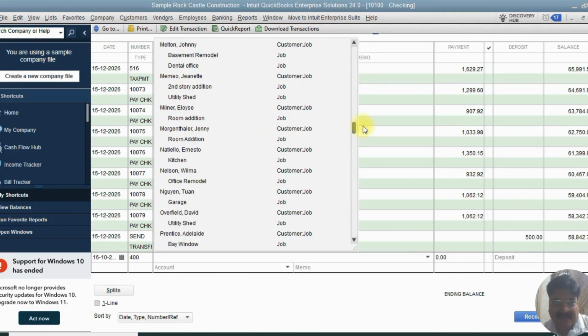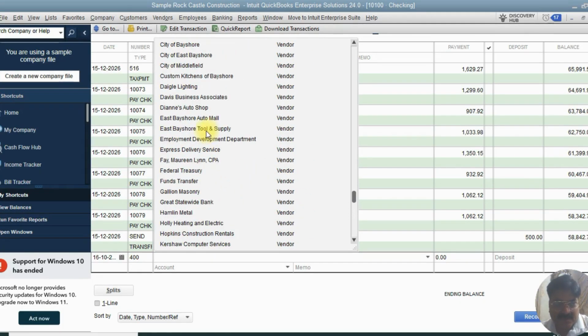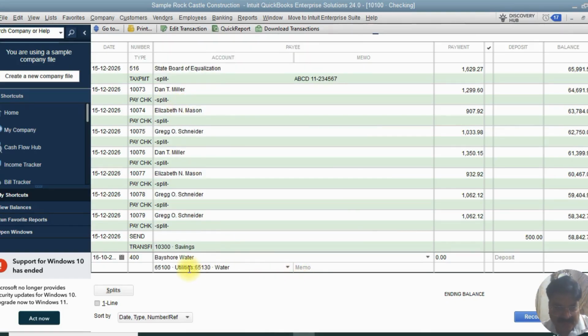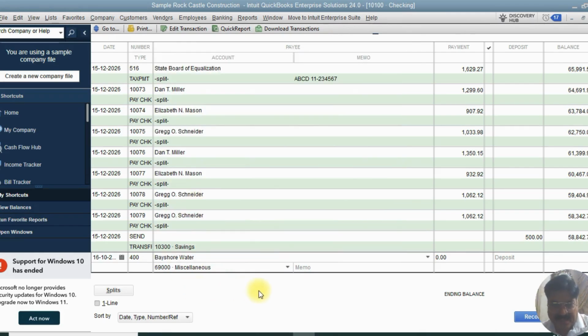We would be selecting the same vendor, Bayshore Water, so that we will be able to see that. So it has come up automatically, the water bill. If we would like to change it, let's go and change it to miscellaneous expenses, right? Entering that, let's say 500,